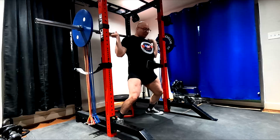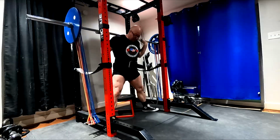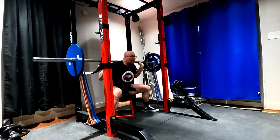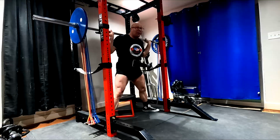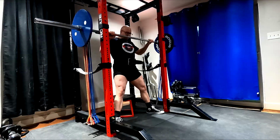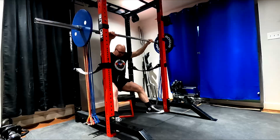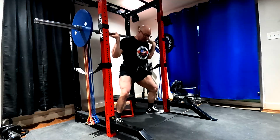So the box squats, I did these at different camera angles so you guys can see what my box squats look like. Now I have the bands a little bit forward on this because I've been adjusting my band setups. They probably need to be a little further back, ideally, but I'm really happy with this band setup. This is letting me get good tension and run as many mini bands as I like